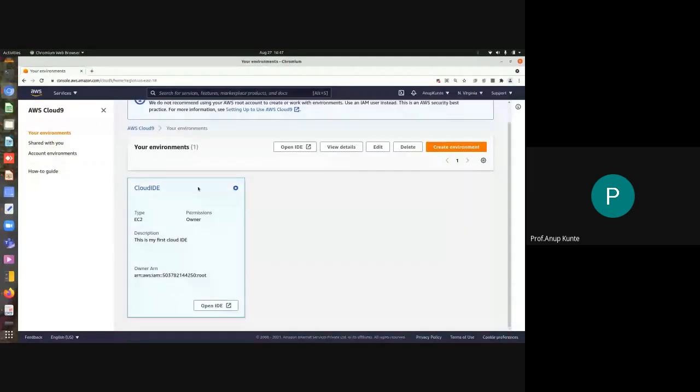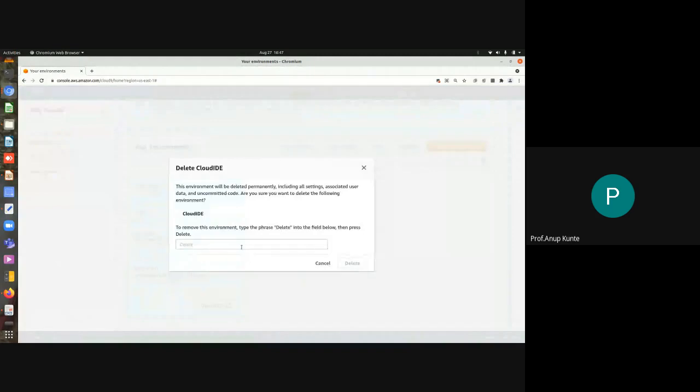First of all, I should delete the existing environment. To delete the existing environment, I'll just select this and click on delete. Then they will ask me whether I actually want to delete, because when I delete this environment, all the things that I had created in the background in response to the creation of this environment will get deleted. Because when I run an IDE online, you can imagine what all can happen in the background. You can imagine that there is a background virtual host running. Okay, that host has an installation of all the software that you require to run the IDE.